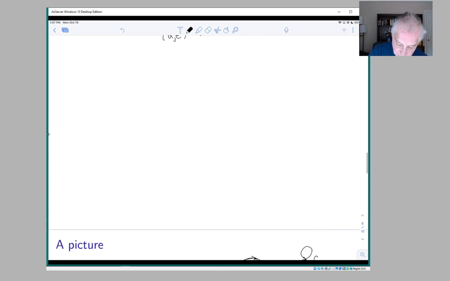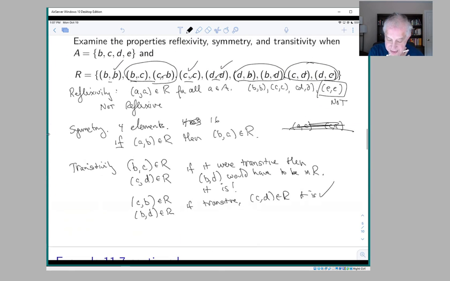And as the book points out, when you're trying to prove something is transitive, it helps to have some kind of a principle here. And I think the principle is that any two consonants are connected. So this set A, B, C, D, and E has one vowel, and everything else is a consonant. And if you left out E, you have three elements, and you have all possible pairs connecting those three elements. And that's why there are 9